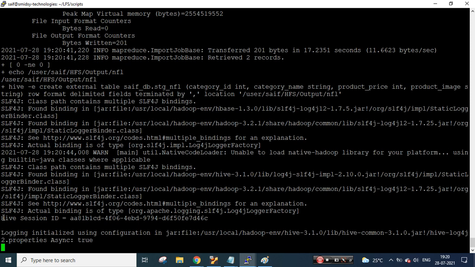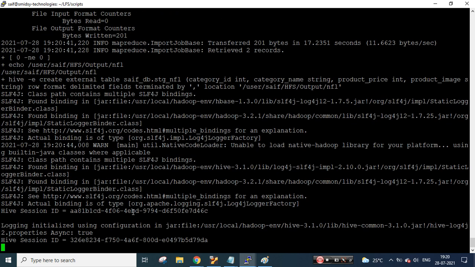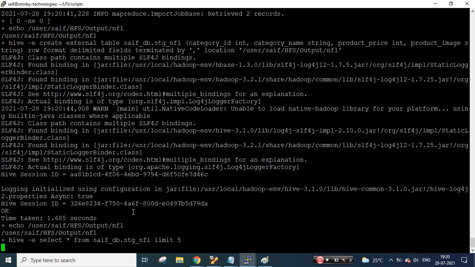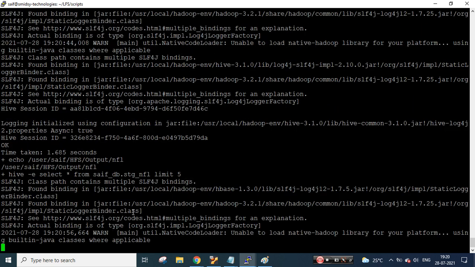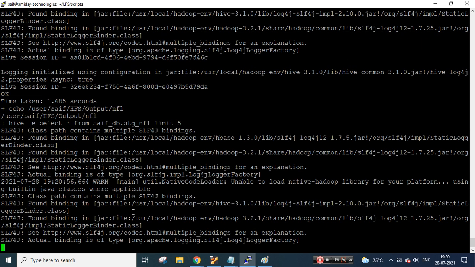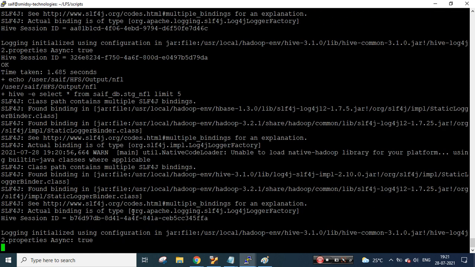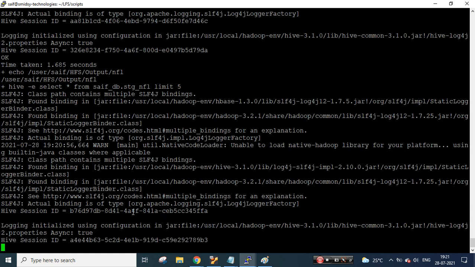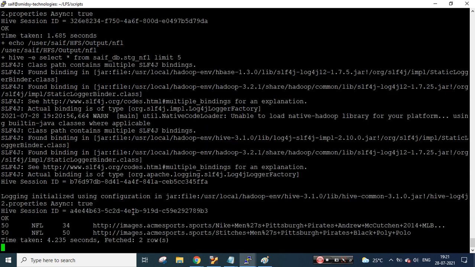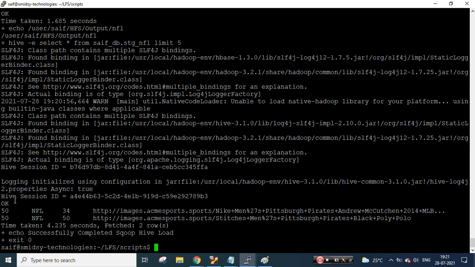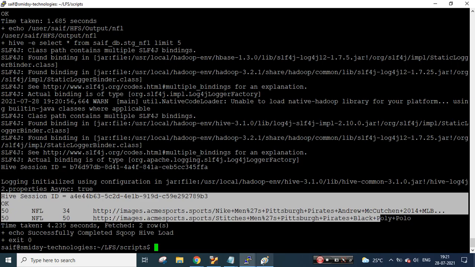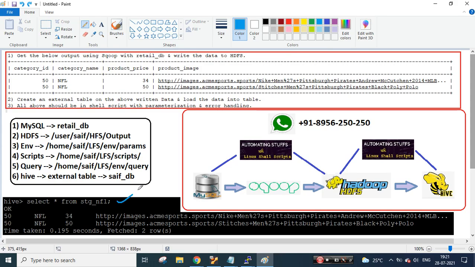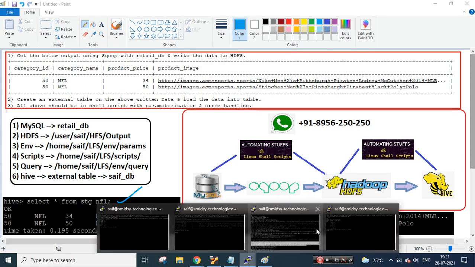If you see here, the Hive session ID, a session ID gets created for Hive. Finally, after creating the table, it points to the data where I have sqooped my data, and it will try to view that with a select query which is written at the end, and finally it will say everything is completed successfully. That's what we need to get. I'm able to view the data which was expected over here. And let's try to verify that in the Hive table also.